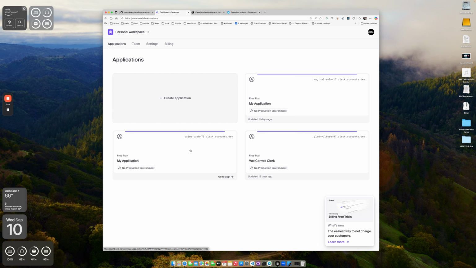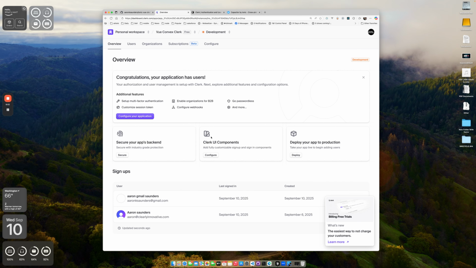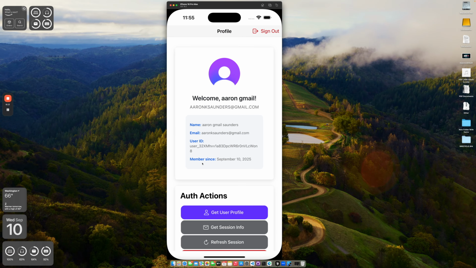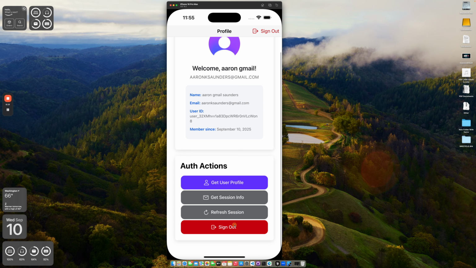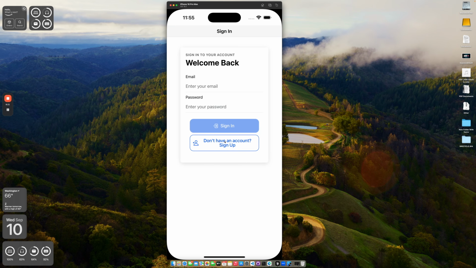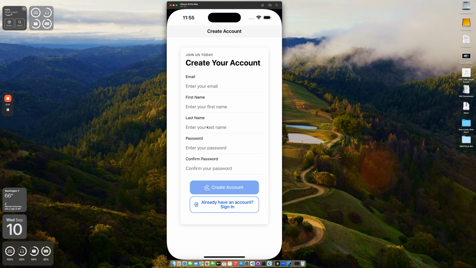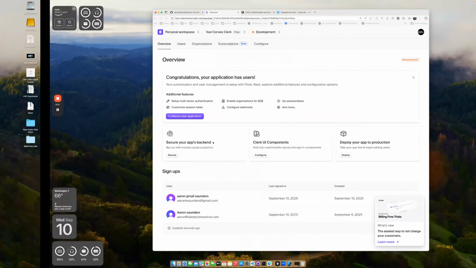There are plenty of videos on how to set up Clerk, but I'm going to show you how you need to configure it to work with this application. Clerk is configurable on what information you can take when you sign up a user, and if you recognize from our application, we took a first name and a last name. Let me log out. We have a first name and a last name,